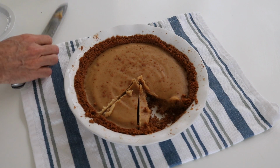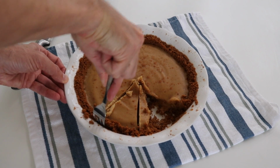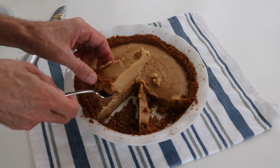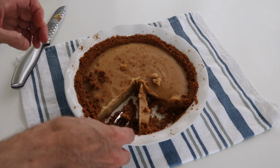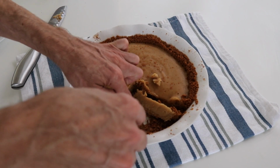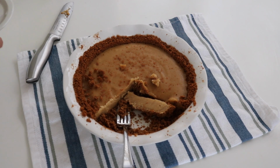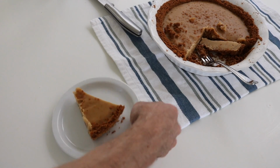Okay, let's see if this will come out. Well, most of the crust fell off. The crust is frozen to the bottom. So, see if I damaged my... Yeah, I don't think I really damaged the thing. I don't know. This crust doesn't seem to work very well. I'm going to say this wasn't the most successful, but